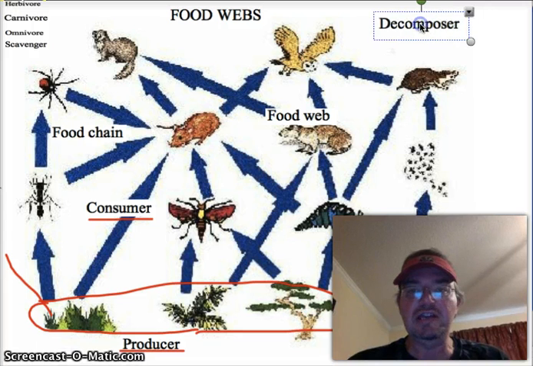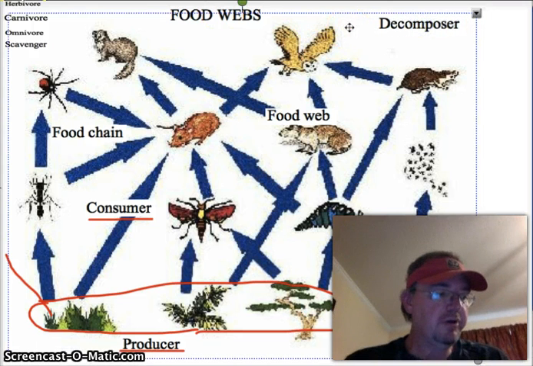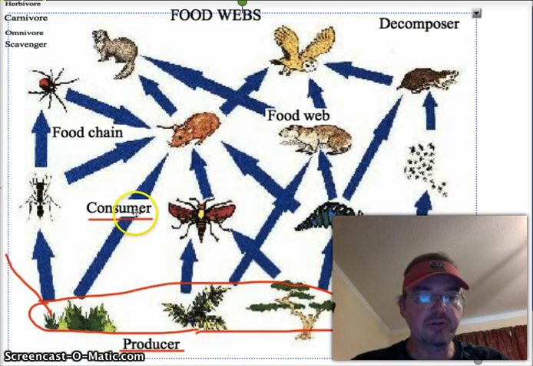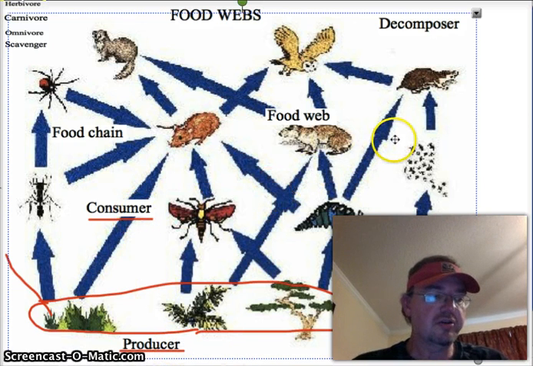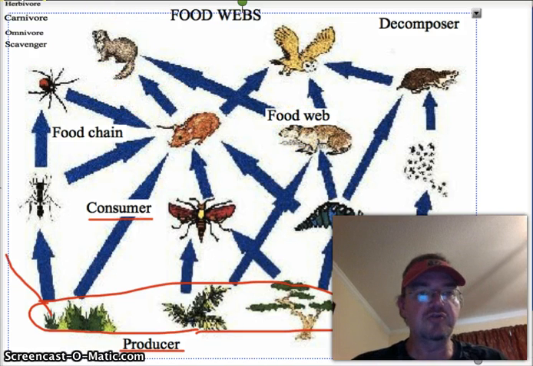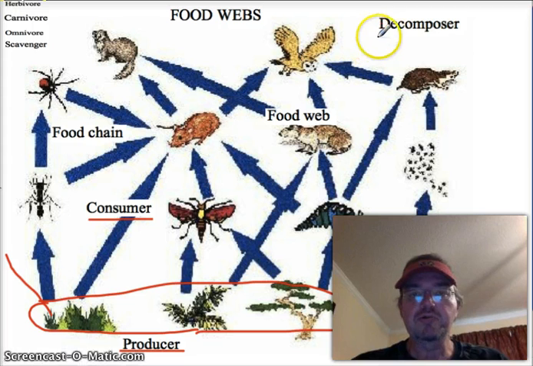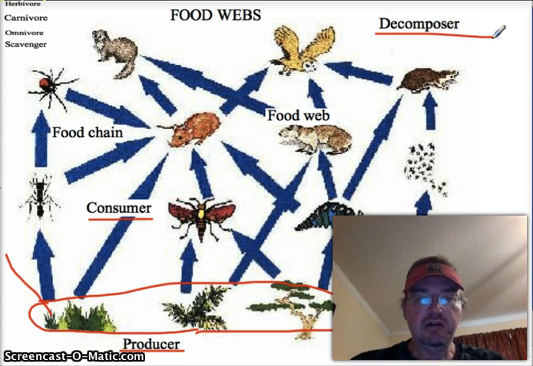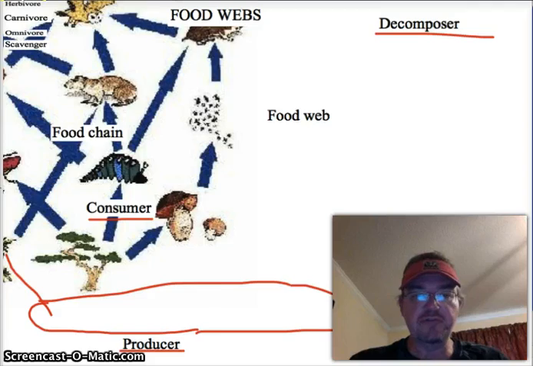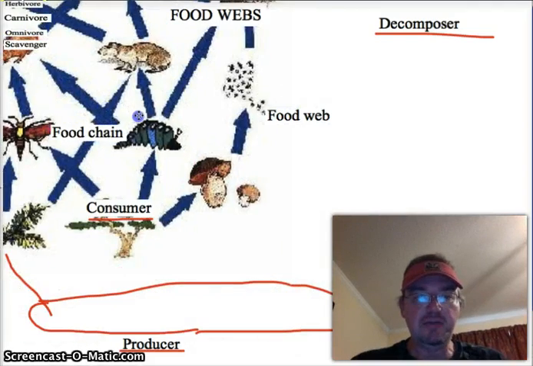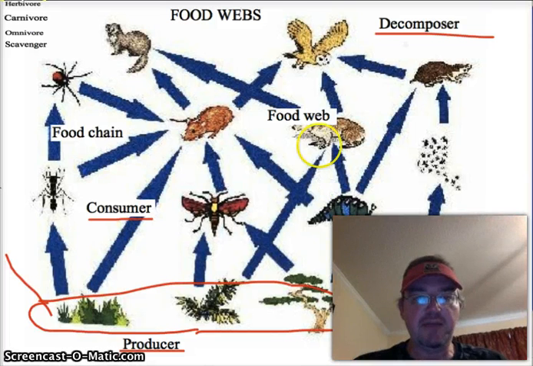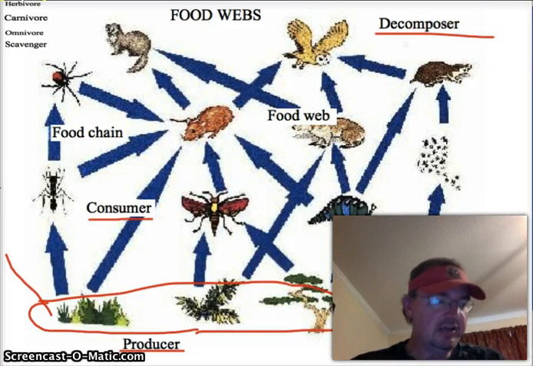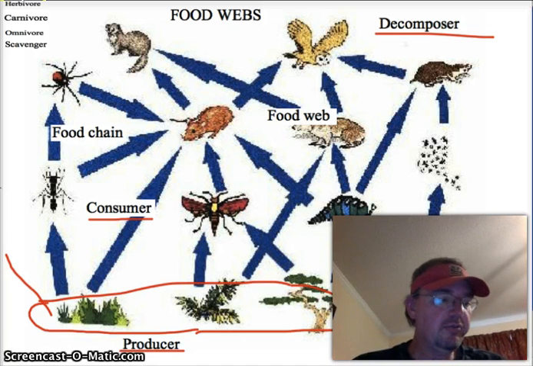I have the word decomposer right here. A decomposer is the third one besides producer and consumer. It's the third kind of organism that fills these roles. A decomposer breaks down animal waste and dead organisms. I don't know if you can see underneath my picture here, there happens to be a picture of a mushroom. Mushroom is a decomposer. I think I mentioned that buzzards would probably kind of fall into that category. Bacteria would fall into that category too.